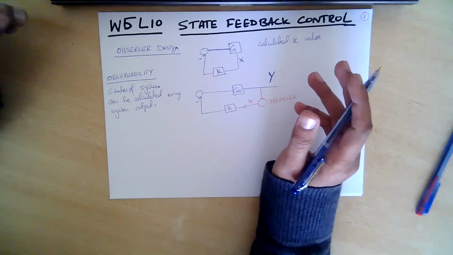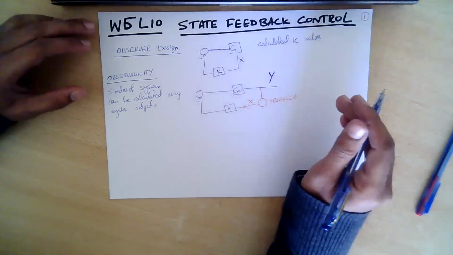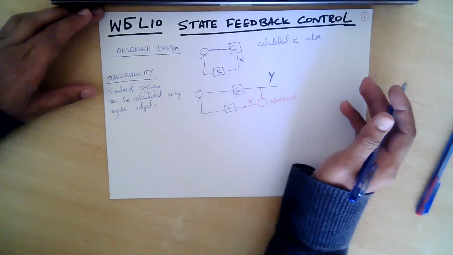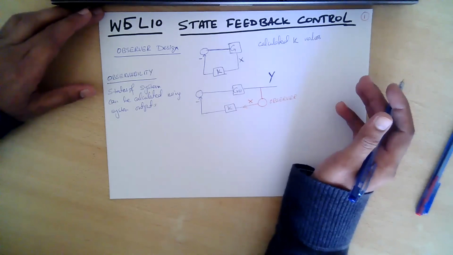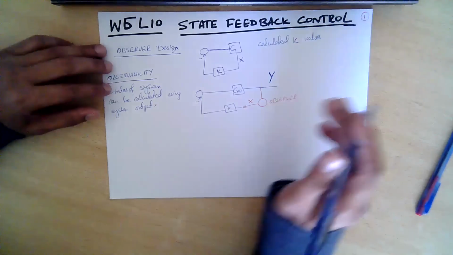And not only the states, we can calculate the value history of the states, and because of the history, we can calculate the initial value of the states accurately. So just like controllability,